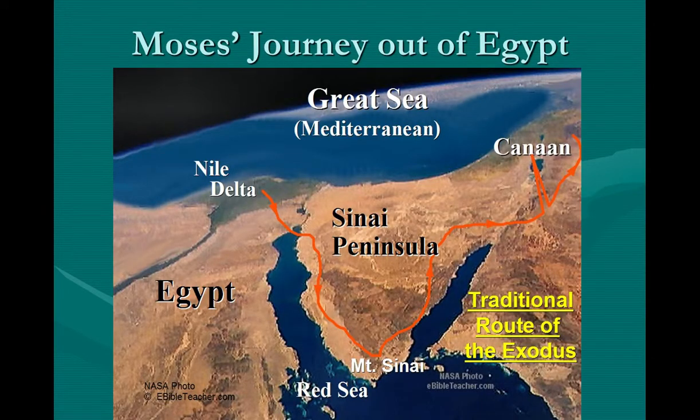Here are some, like I said on the last slide, I would show you this. This is Moses' journey out of Egypt. And of course, the Israelites, they traveled out of Egypt and they wandered in the desert for 40 years until they got to the promised land of Canaan. So interesting how Abraham had left Canaan to go to Egypt, and then the people of God went back to Canaan, back to their promised land.